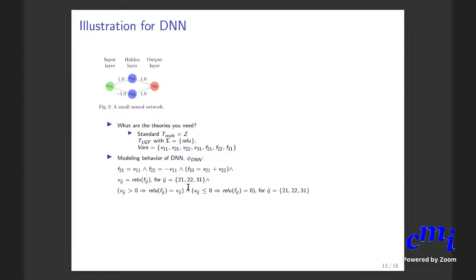Given all these things, a conjunction of all these things models the behavior in the following sense, because it defines what V31 is for an arbitrary value of V11. Okay, so this is modeling all possible behavior, that is, for all possible inputs, in the following sense, that any